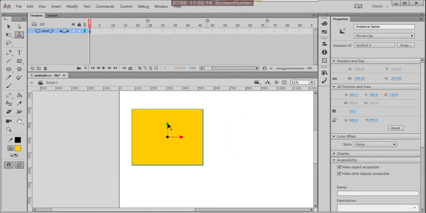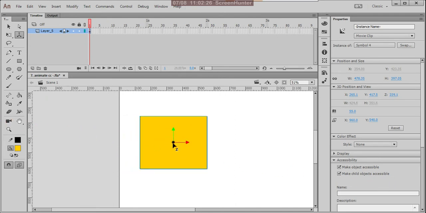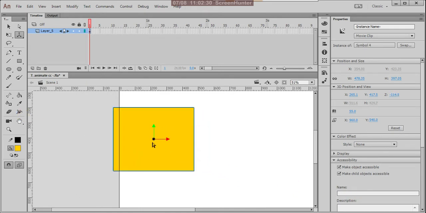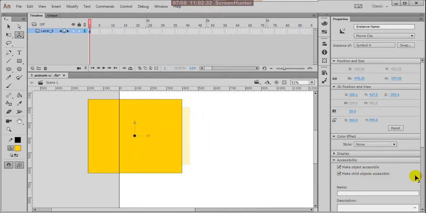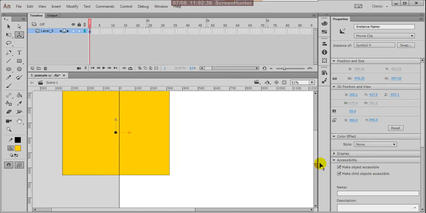Z is telling the depth. See, it is going smaller, and it is coming bigger, so it is coming forward to the camera. See, it is coming in front.